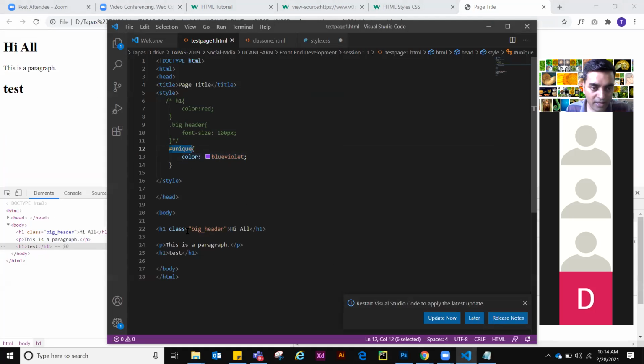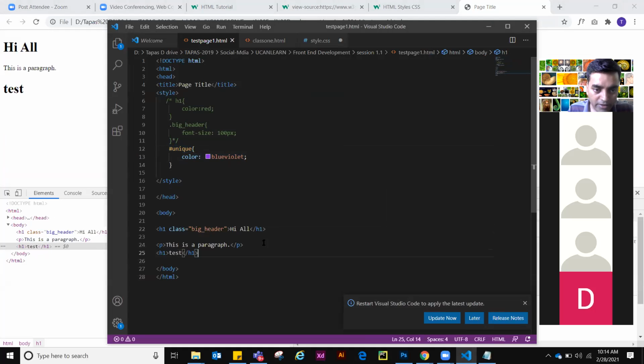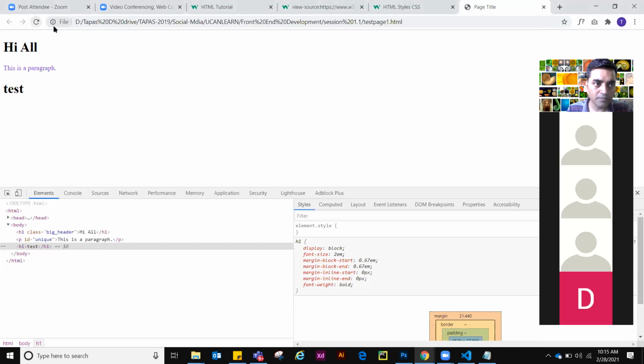So copy this and instead of class, you have to write, or let me do it in this. ID equals to, paste. ID equals to unique. Now see.